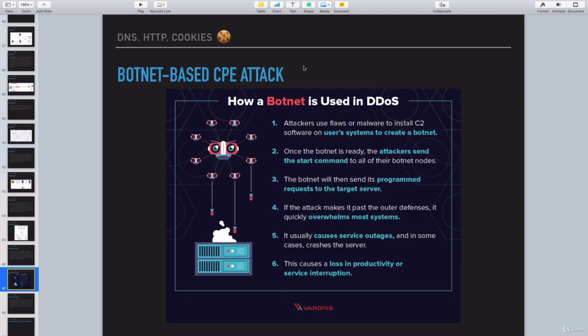And then the botnet attack: taking any one of these attacks and creating an automation for them. So a bunch of bots or a bunch of servers, once we have access to the DNS and the actual IP addresses, then we can just go ahead and automate all that. And instead of coming from one machine, right, and trying to inject code, the attack will come from many machines. And essentially it's going to try to overwhelm the host server. And then the host server is either going to suffer a denial of service, so it won't be able to host itself,